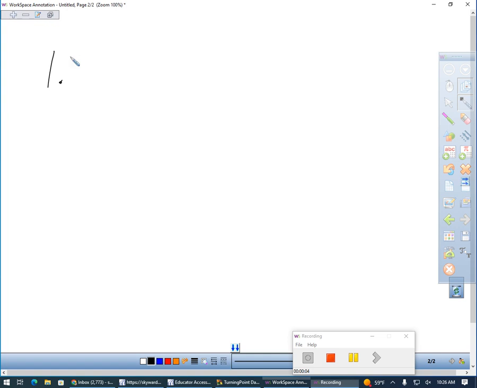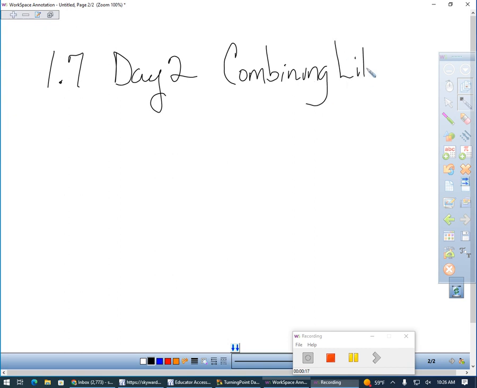This is 1.7, day 2. And for day 2, we're going to do combining like terms. Like terms is one of your vocab words for tomorrow for your vocabulary quiz, right? If we are combining like terms together, like terms